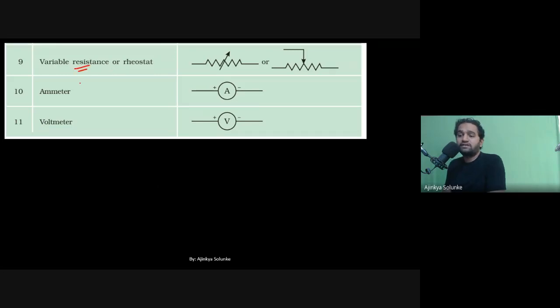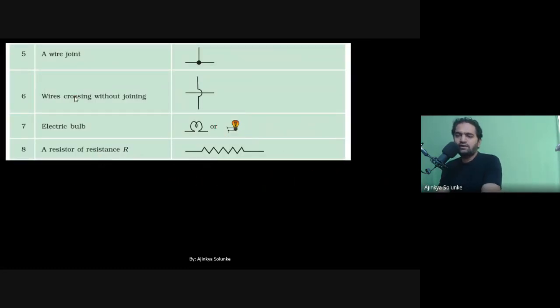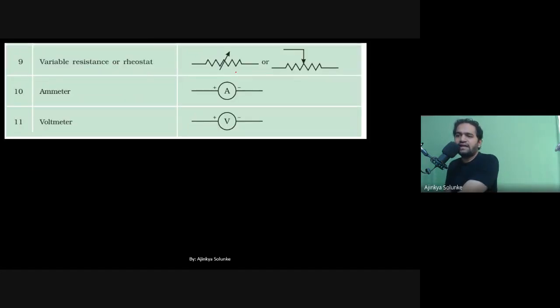Now this is something interesting. Okay. So I have not taught you the topic of resistance till now. So that is somewhat complicated to understand because that topic is after this. In Ohm's law, that topic is there, that is resistance. So it might be a little bit difficult for you to understand the difference between this and these symbols.